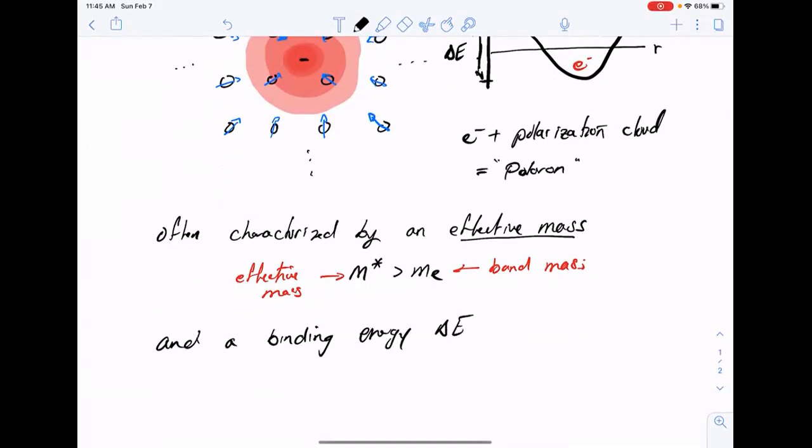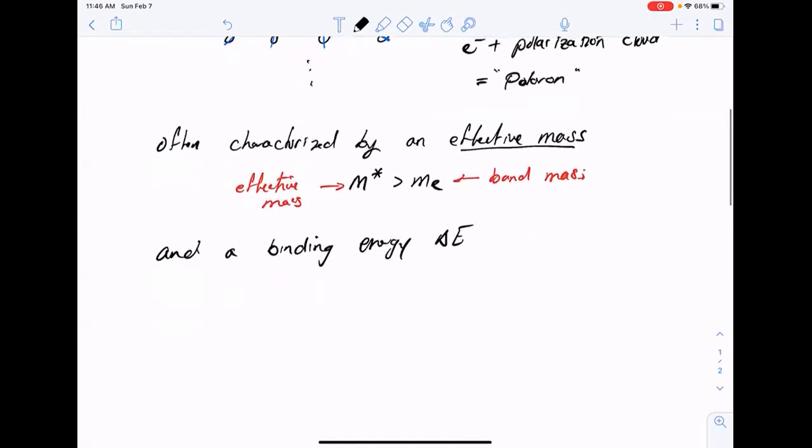We'll denote it delta E. In the limit that the binding energy is very large and negative, and the effective mass is large and positive, there can be a localization